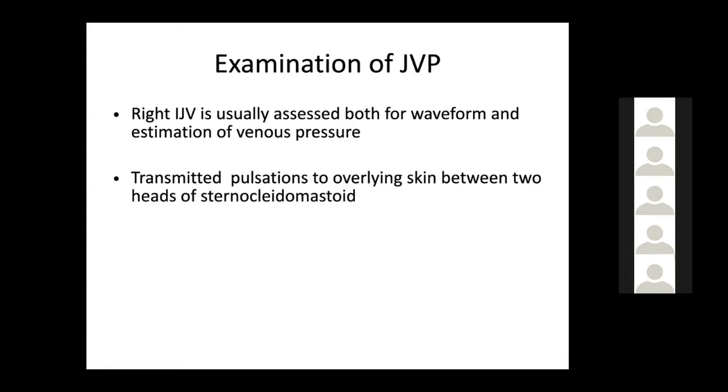There are ascents in JVP, which are the A wave, C wave, V wave. C wave is usually not seen in JVP, but there are various descents like X descent, Y descent, which are the important ones. And then if the JVP is not raised, you have to check whether you have a positive hepatojugular reflux or not, and what is the variation with respiration. Whether on inspiration normally there is a fall in JVP, and if there is a paradoxical rise of JVP with inspiration, it is known as Kussmaul sign. We'll come to it one by one.